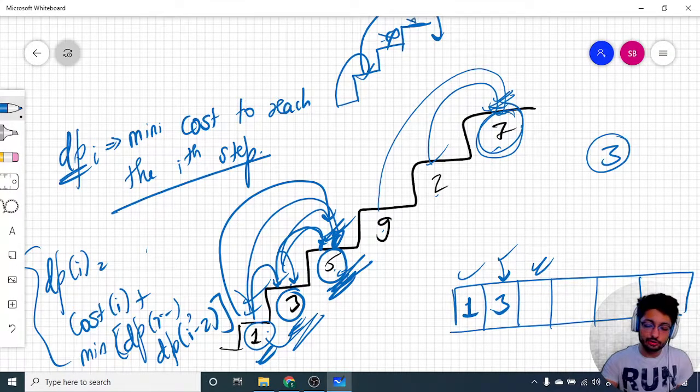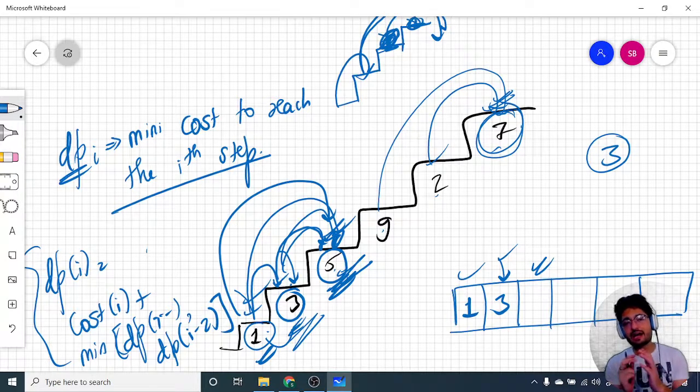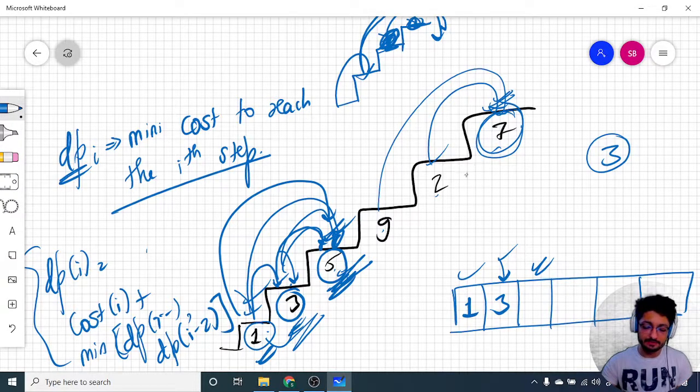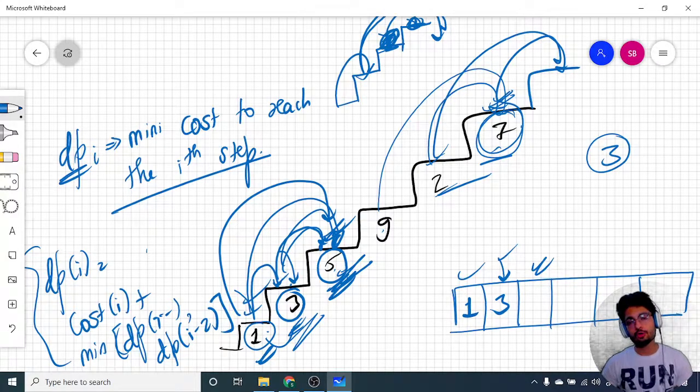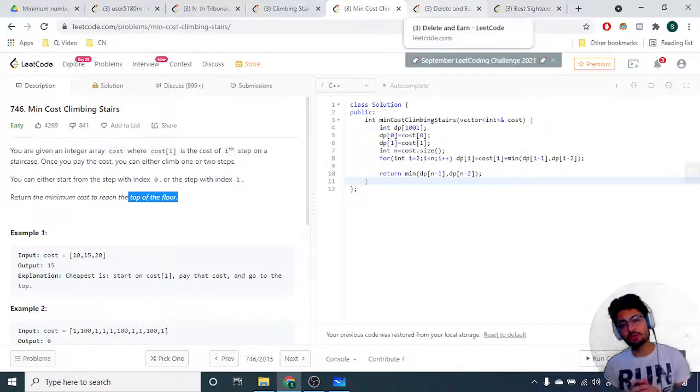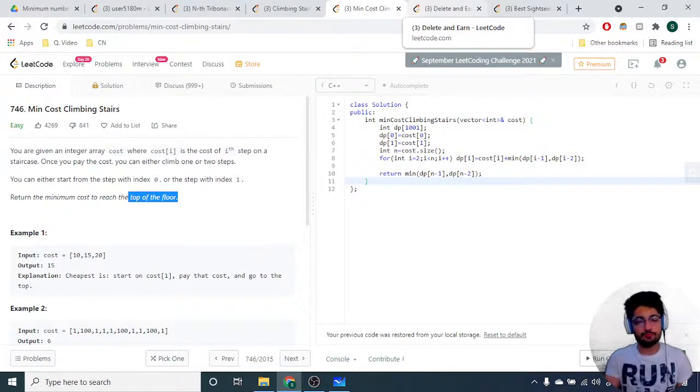If I want to reach the last floor, it is like this, but this is the top floor. For the top floor, I can directly go to the top floor from this, so I don't have to encounter this one. Or if I'm standing on the last floor, I can go to the top floor. So it means that I have two options. The last two options can lead to the top floor. Cool. So I have to just find out the minimum of both of these values, because from any of the last two steps, I can go to the top floor. And that will not cause me any problem.